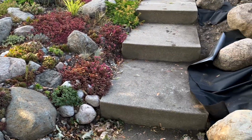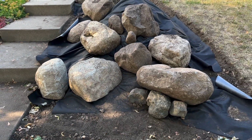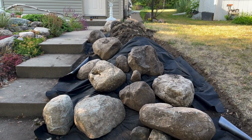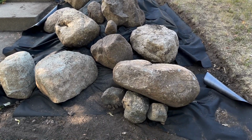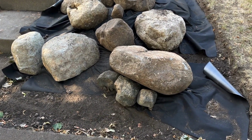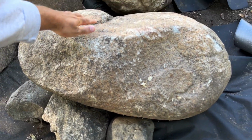Alright, now to the side we're working on. This is where I left off yesterday. There's also 2 big rocks in the back I'll show you. I'm not a huge fan of this right here. But that rock was extremely heavy. Like, I don't know if you can see how big it is, but